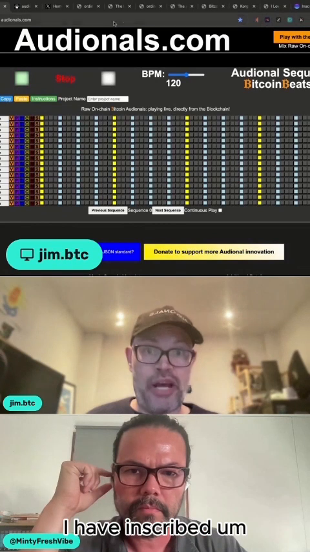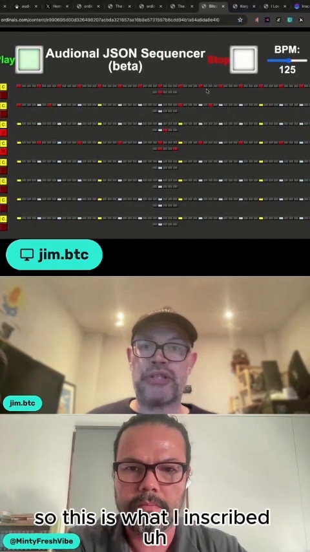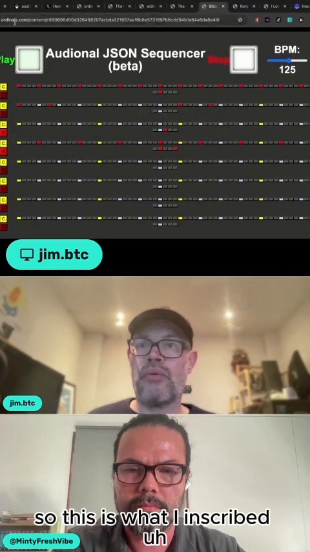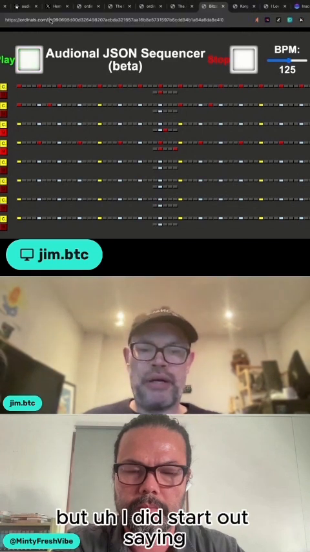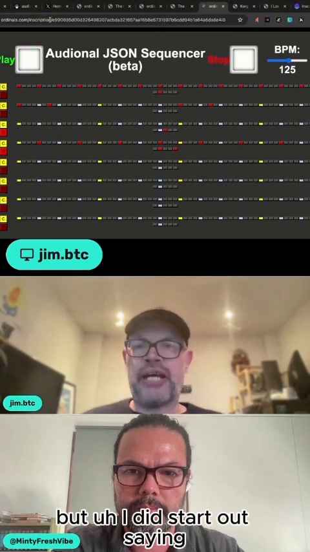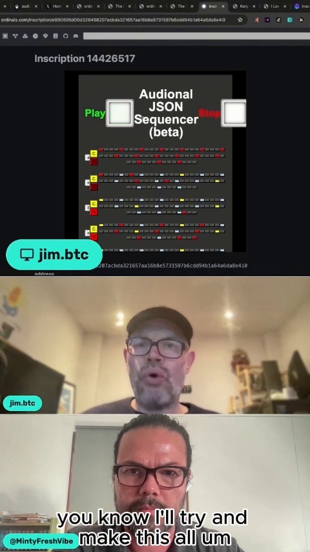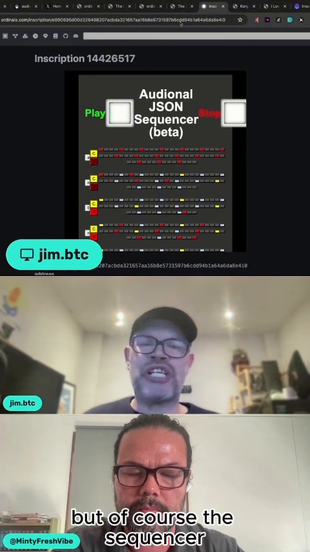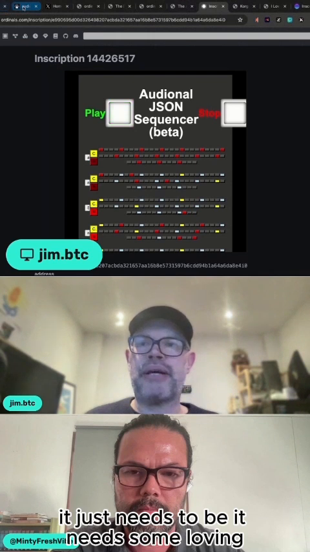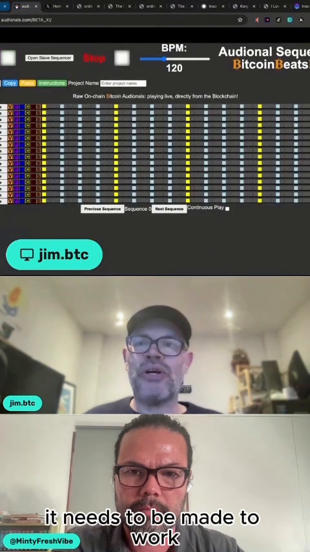I have inscribed a version of the sequencer. This is one I inscribed a while ago. I don't know what inscription number it is, but I did start out saying I'll try and make this something that's completely inscribed. But of course, the sequencer just needs some loving. It needs to be made to work.